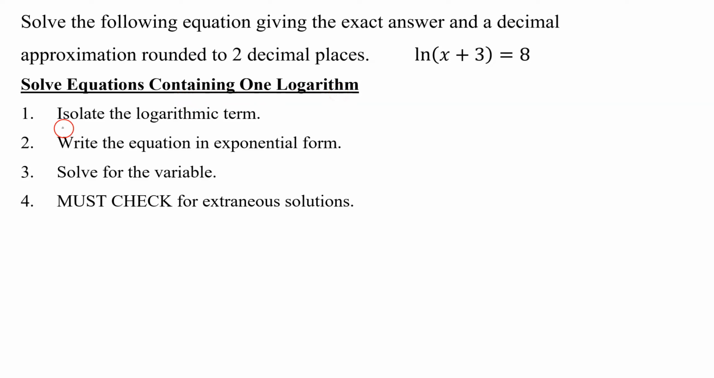Step 1 says to isolate the logarithmic term. Is that already done here? Looks promising. Make sure the coefficient of the logarithmic term is a 1, which it is in this case. So when it's in this format, we can then go on to step 2 that says write the equation in